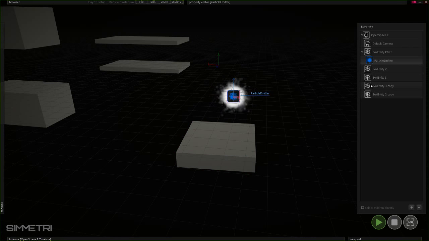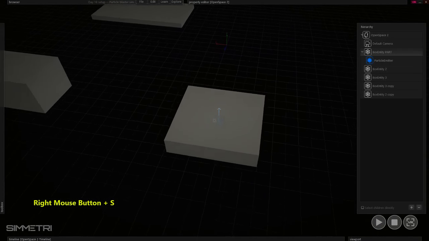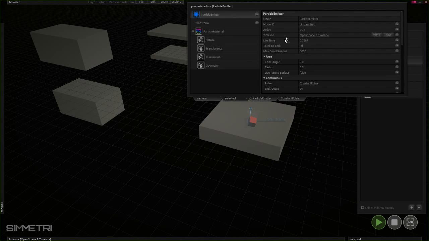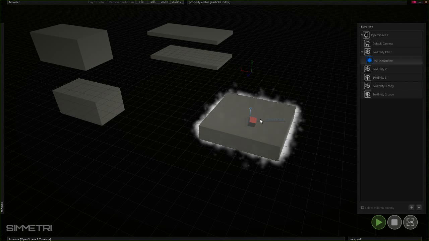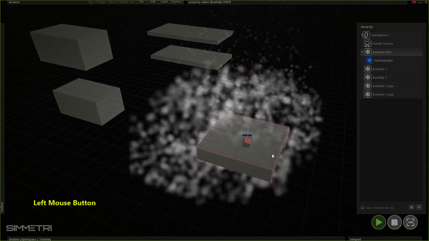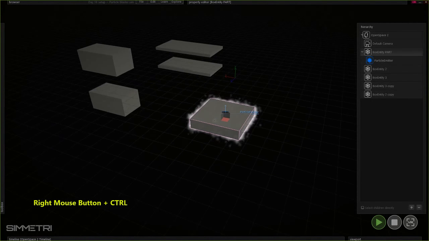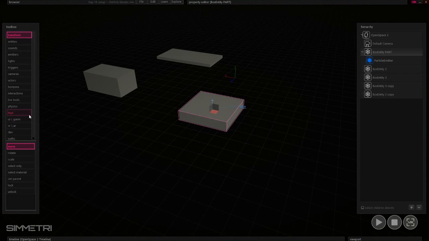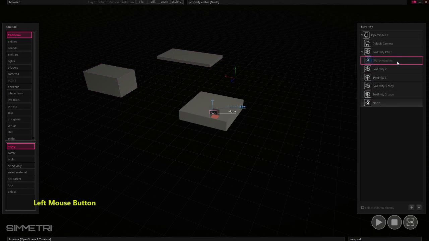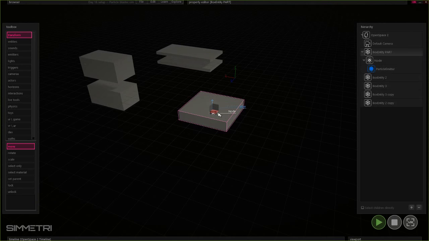So we've put them on the parent particle. We've shown you that it inherits the parent object's physics. Let's do particle emitter, let's use parent surface again. The particles inherit the parent's physics, I believe, if I'm not mistaken. If we go entities, node, and I place a node on this, I make the node a child, and I make the particle emitter a child of that node, I think,